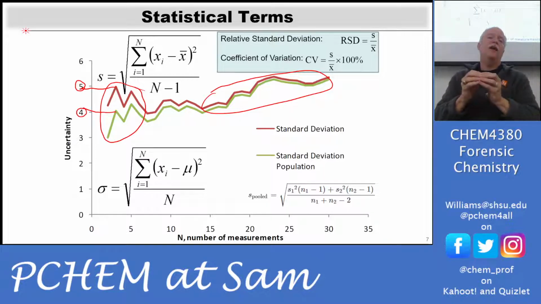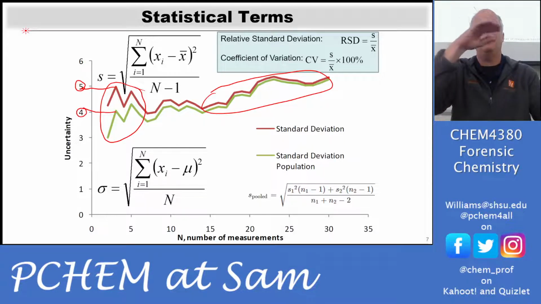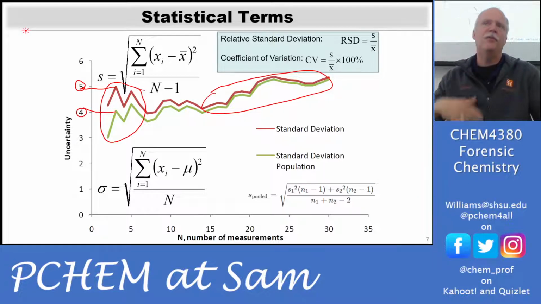Okay. And so whenever I'm producing this standard deviation, notice the S is larger than the sigma. And if I have three values, I'm told I should use the S. I mean, yes, I could follow the rules, but doesn't it make sense if I'm reporting to you my data plus or minus my uncertainty, it's a more conservative estimate if I tell you the larger uncertainty versus the smaller, right? I'm saying I'm sure that this is my answer plus or minus this window. I'm going to give you the bigger window. That way I can be more confident. So that's the conservative estimate: to give you the larger window of uncertainty.